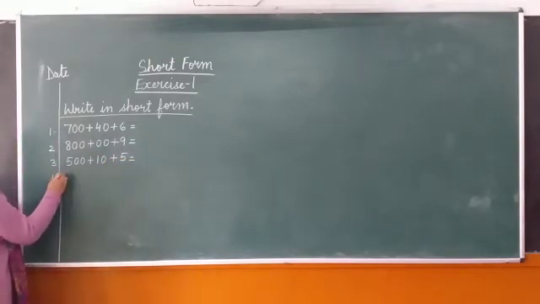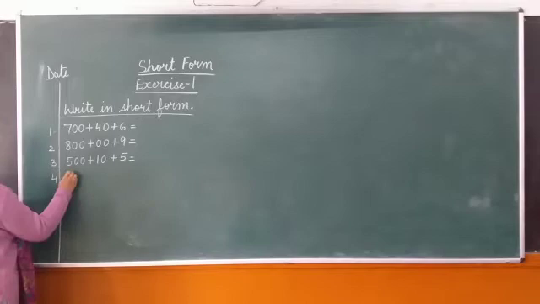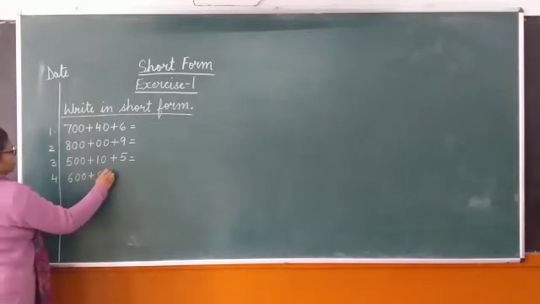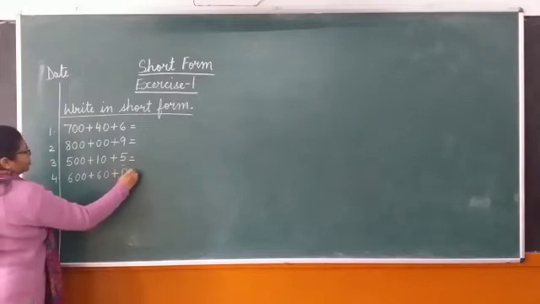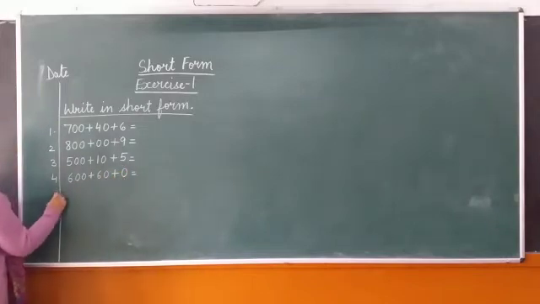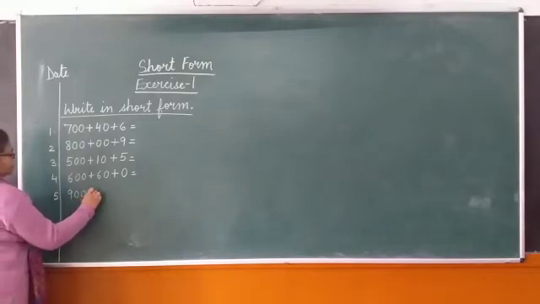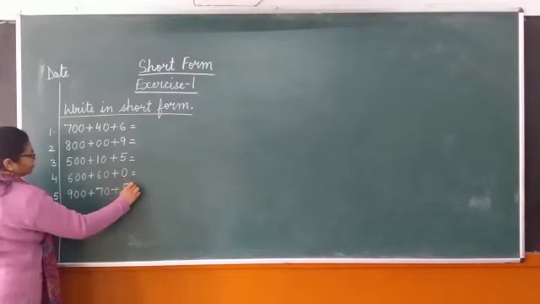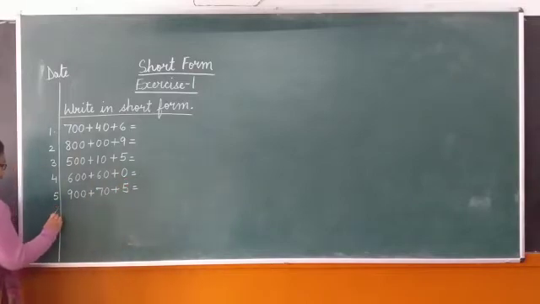Fourth one is 600 plus 60 plus 0. Fifth one is 900 plus 70 plus 5. Sixth one is